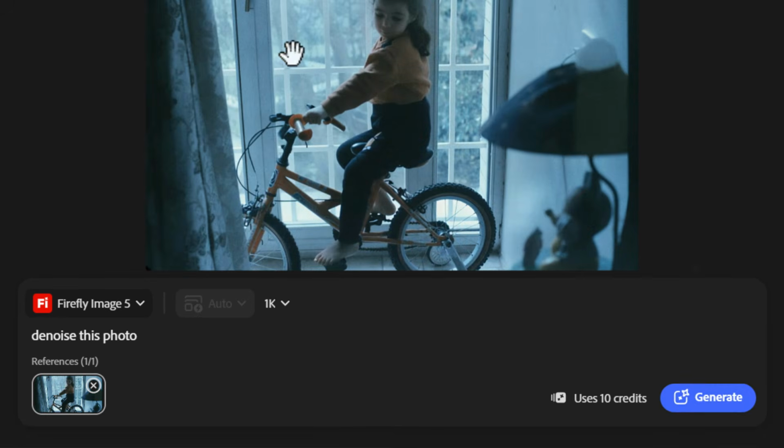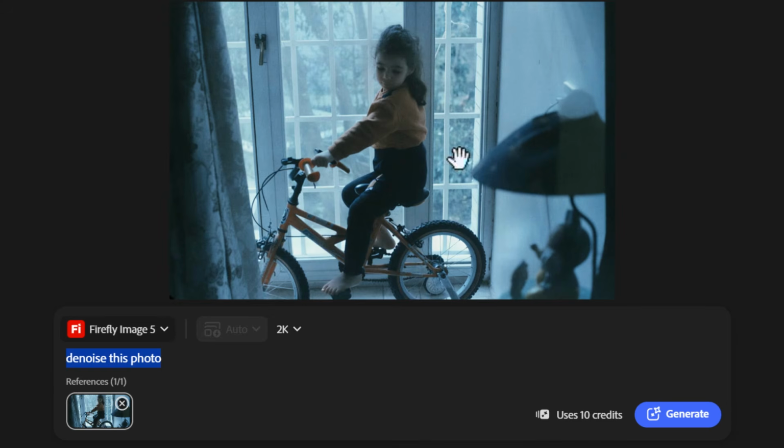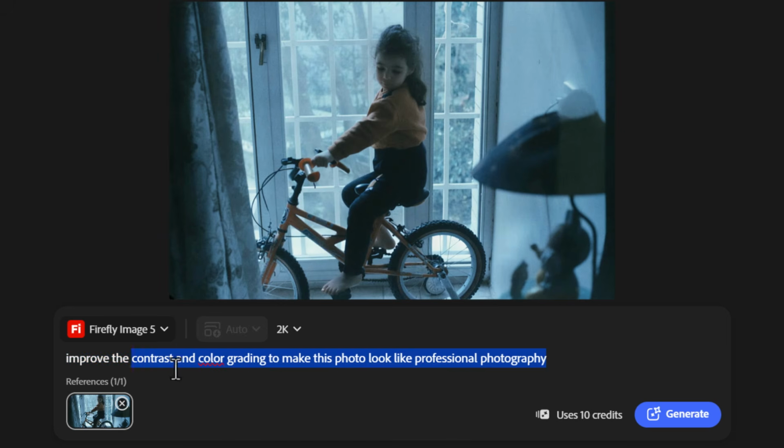I give it the same prompt, hit Generate, and it has denoised that photo. But what's also really cool is if I come over here, I can change the resolution from 1K to 2K, so I can actually bring the resolution up. But at the same time, with this particular photo, I can give the same prompt in Photoshop. I can just simply say, improve the contrast and color grading to make this photo look like professional photography. And again, as I said, we can pop that same prompt into Photoshop using Firefly Image 5,